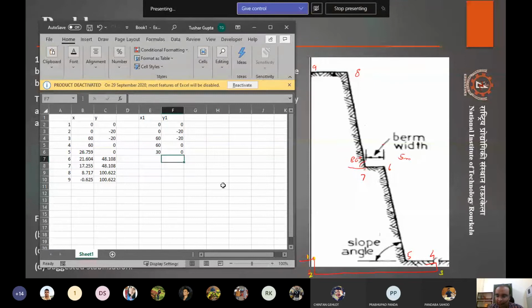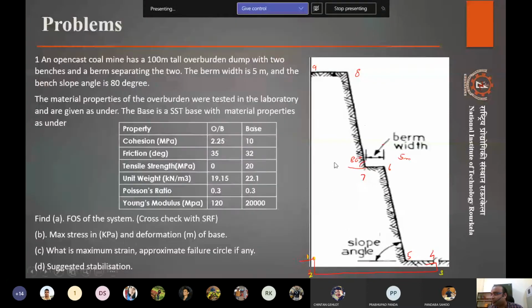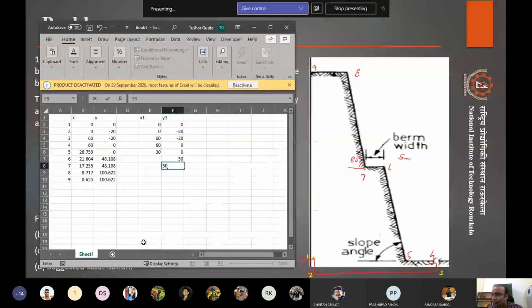So y will be 50, right? And for the next point, the 7th point, the y will be the same. So keep it as 50, right? So for the 8th point, y will be 100 because that's the top. And even for the 9th point, y will be 100, right? So we have the exact y values we want.